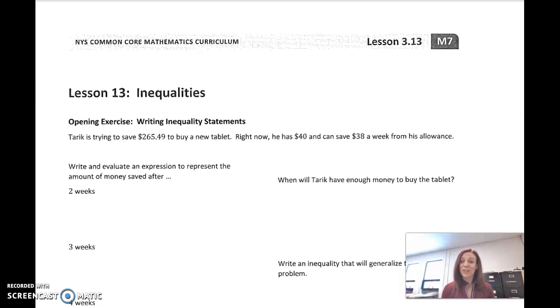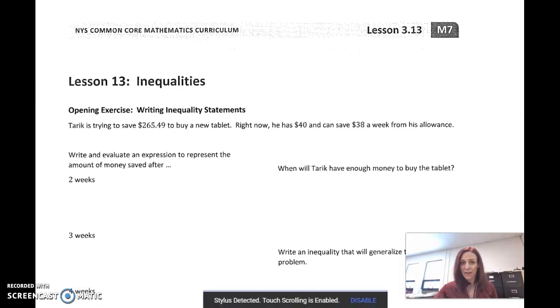In lesson 13, we're going to start talking about what it really means to be an inequality and maybe what it means to be a solution to an inequality. So let's jump in and look at our first